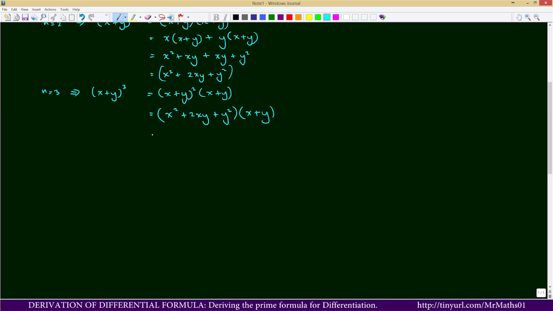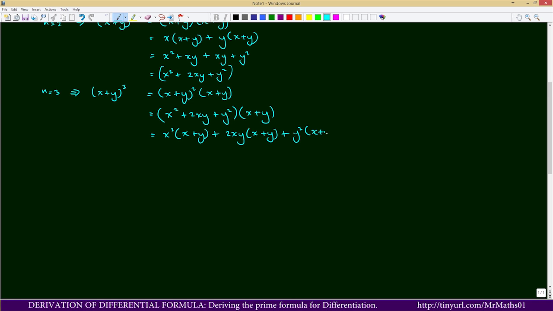Or I can write it as each component of the first bracket multiplied with x plus y. So the first one is x squared times x plus y, plus 2xy times x plus y, plus y squared